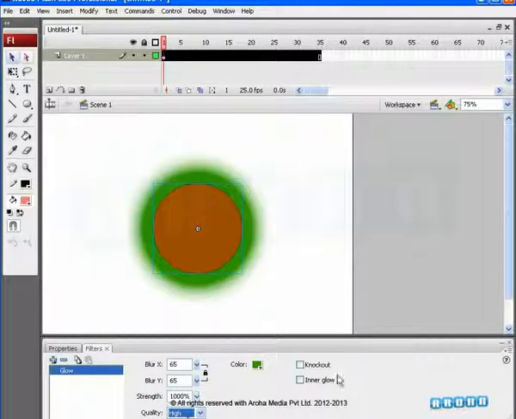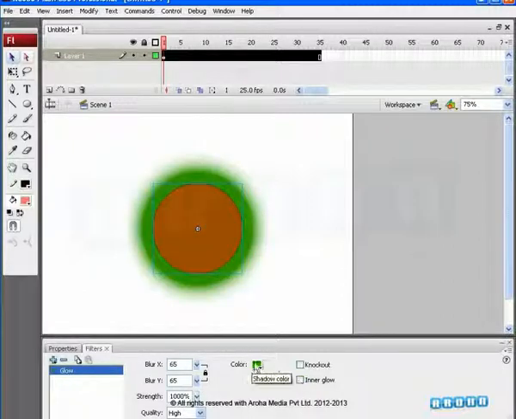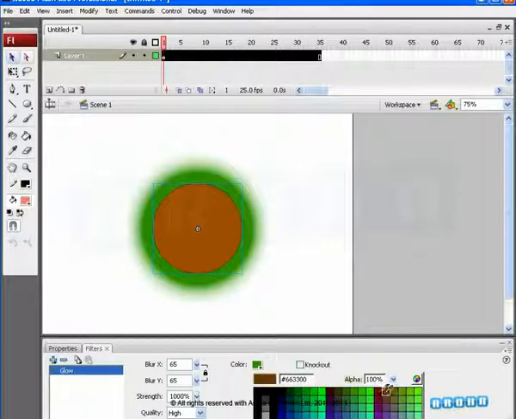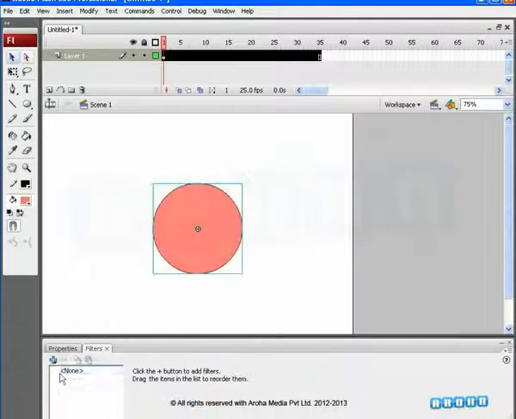Just like in the Drop Shadow filter, here we have the Knockout option that decolors the main symbol and makes it transparent so that we can see the shadow through it. The Inner Glow option too decolors the object and shows the glow color within the object's borders. Experiment a bit with all these options along with Glow Color to get a feel of this filter.